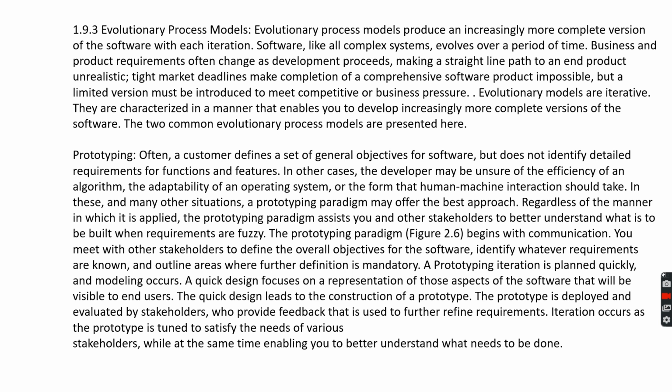You can meet with other stakeholders to well define the overall objective of the software, identify whatever requirements are known, and also outline areas where further definition is very much of importance. The prototype is deployed and evaluated by stakeholders who provide feedback that is used to further refine requirements. So as in the previous model, as we have seen, it also takes feedback from the user and works on the further refinement of requirements.